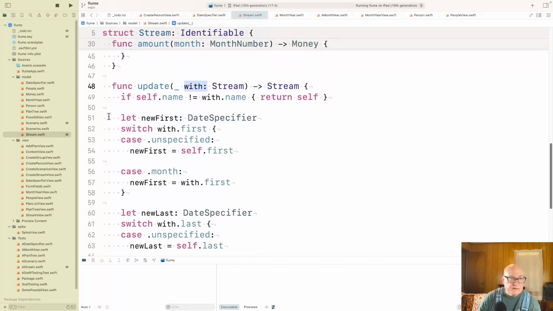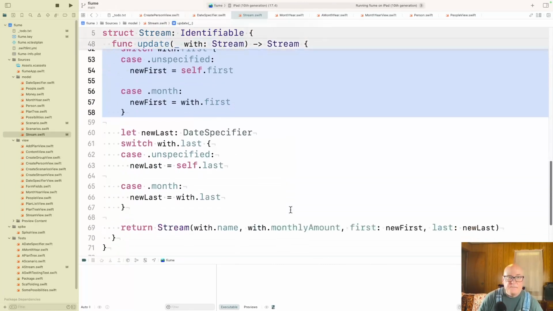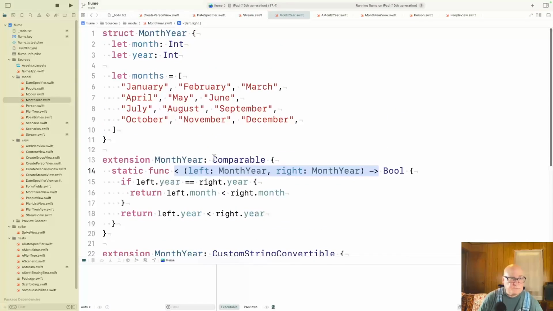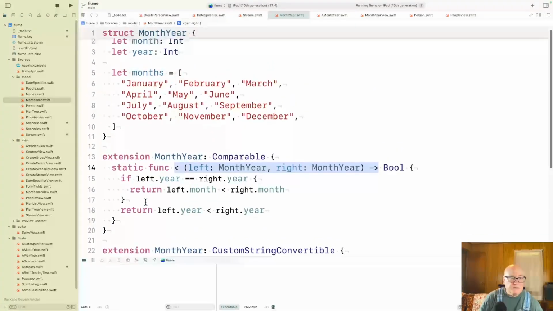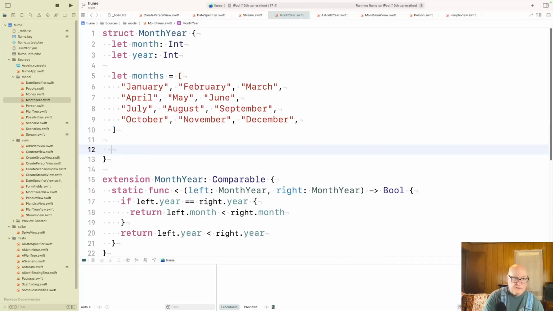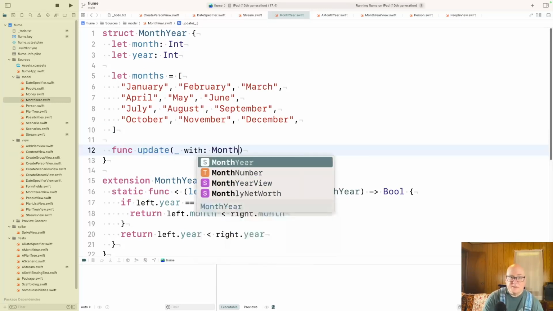And then I want to try and get this. I want to pull it over to month year. No, that's not comparable. I don't know. I think we could just put it in here. Okay, function update. We'll call it the same thing with only this is going to be a month year.